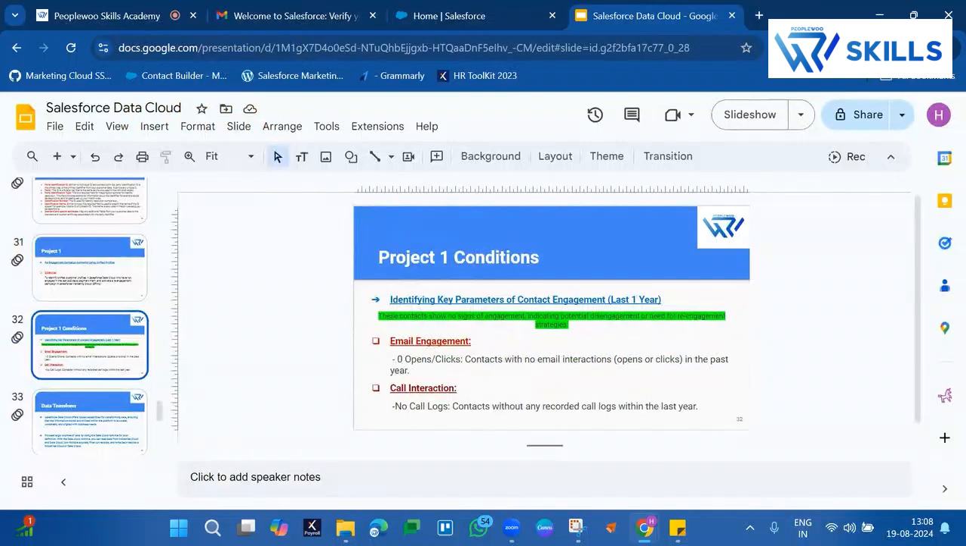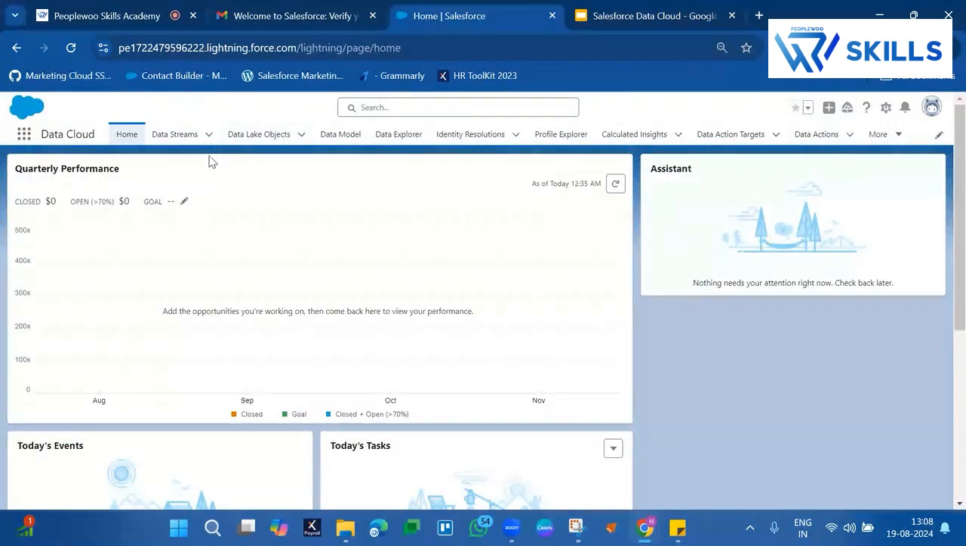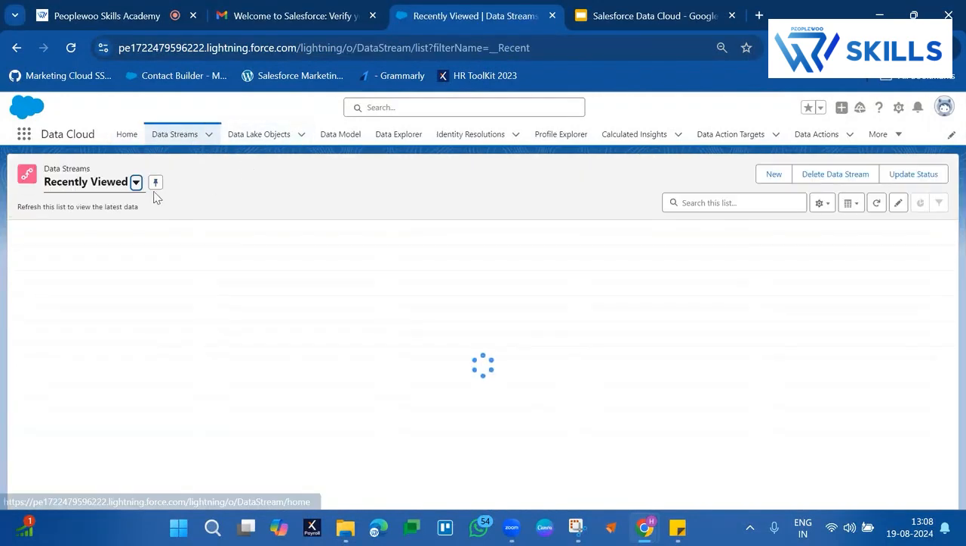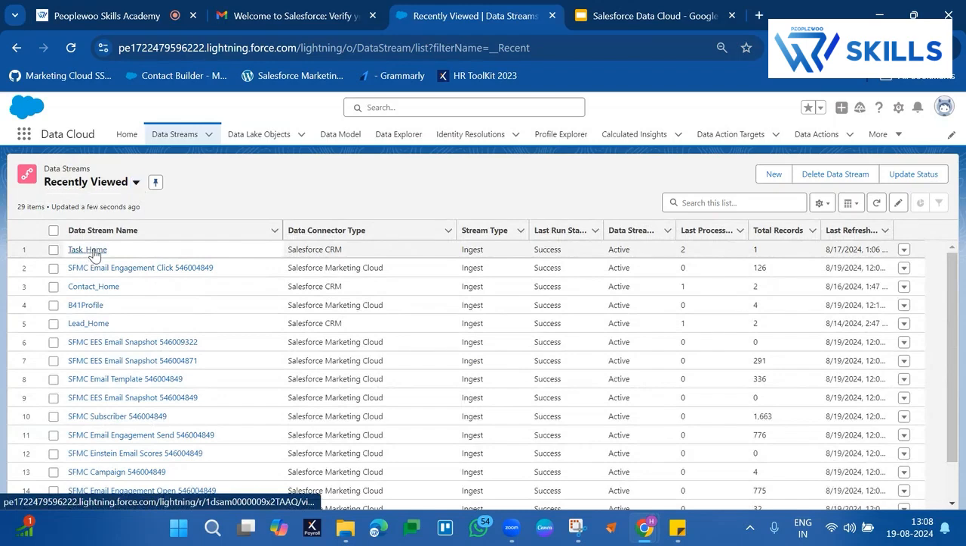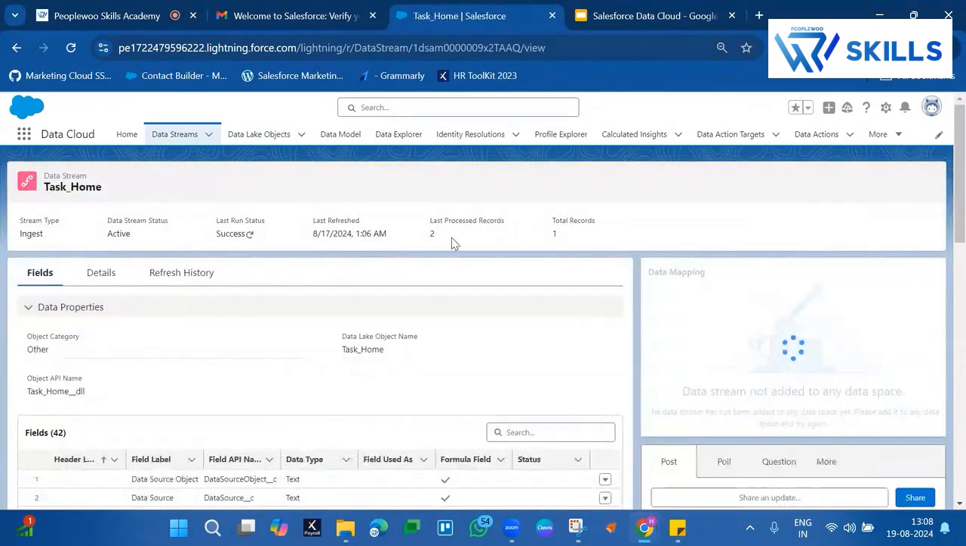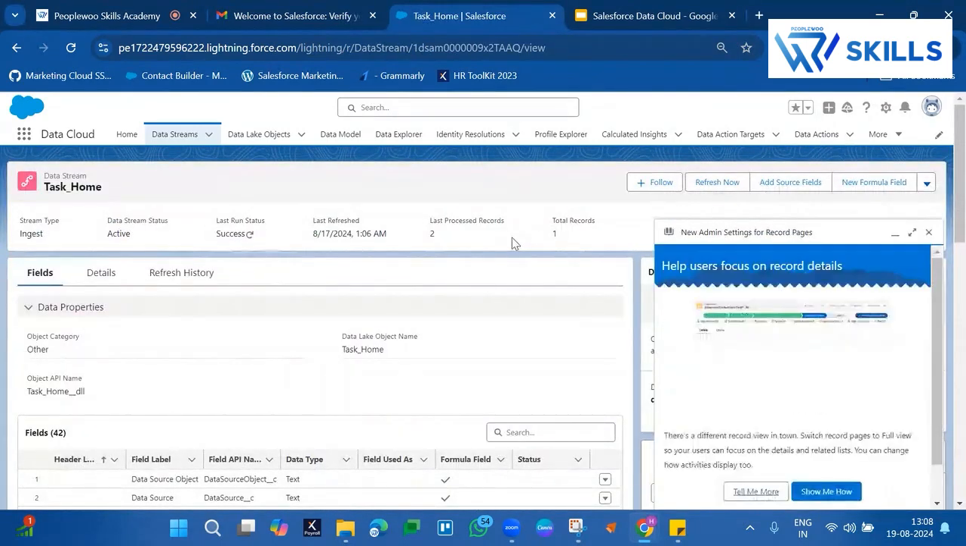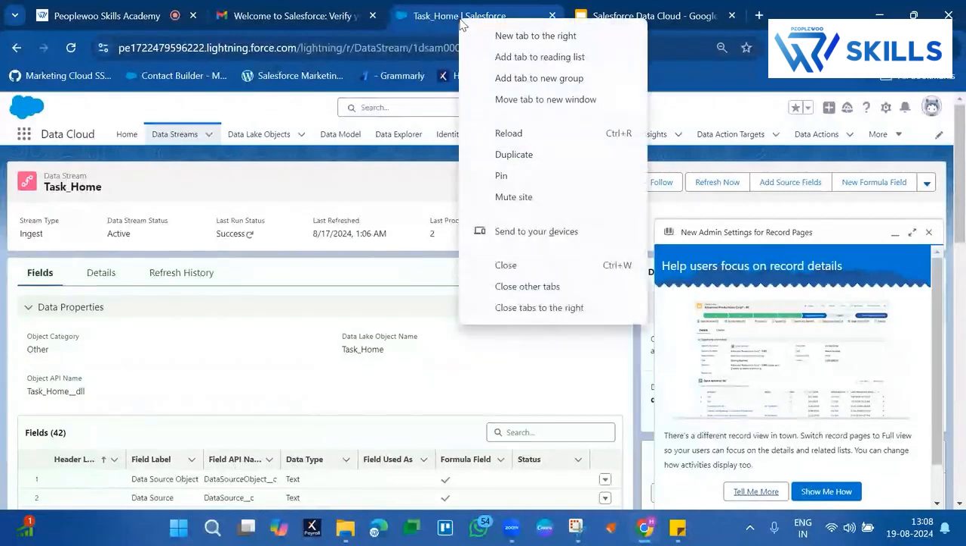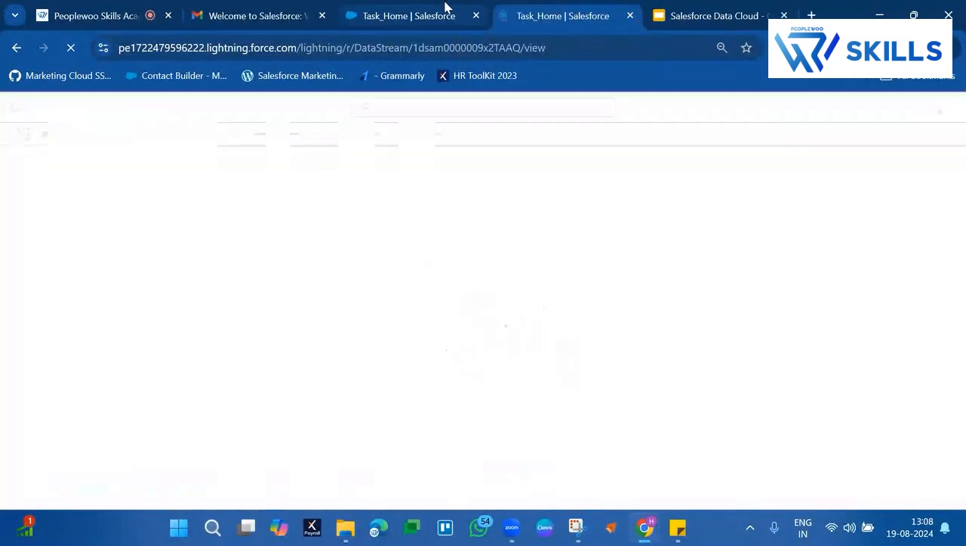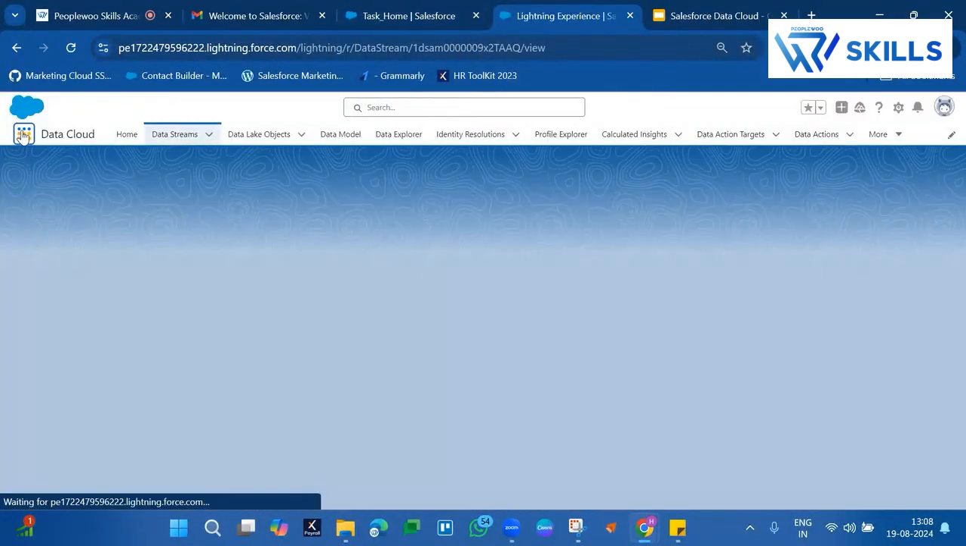Otherwise, what we have done is in Salesforce Data Cloud, initially we had to build the data so that we can identify inactive contacts. In order to build that data, we took the Task object. The Task object holds records. Whenever you make a call log, that is a task you complete. So we understood that